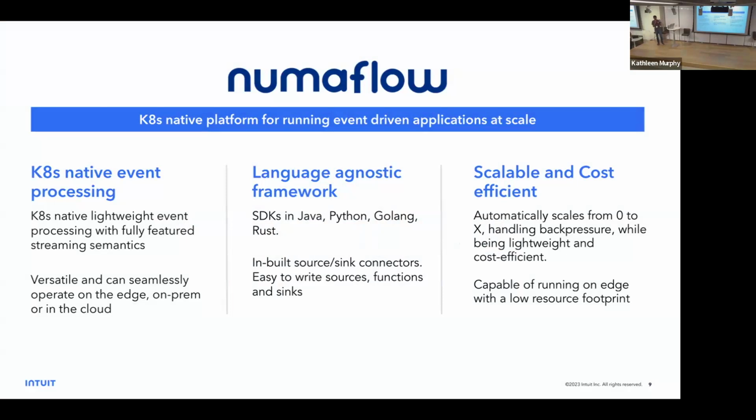But at the same time, we also focus on delivering all of the streaming semantics that are required for doing real-time analytics. Let's say, for example, you are interested in doing aggregations or some kind of streaming map-reduce functions. You should be able to do that with the platform, but it should be very lightweight. It's a completely language agnostic framework where you can use any SDK that you would like, right from Java, Python, Go, and even Rust if anyone is interested, in order to do stream processing or event processing in real time.